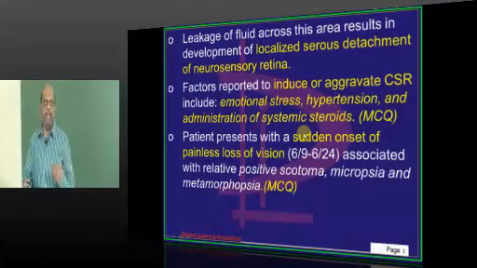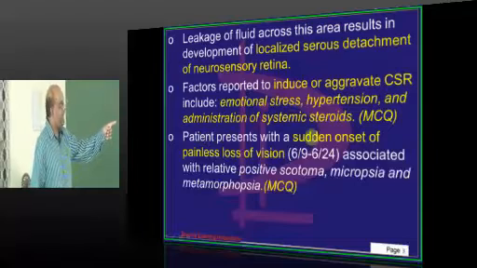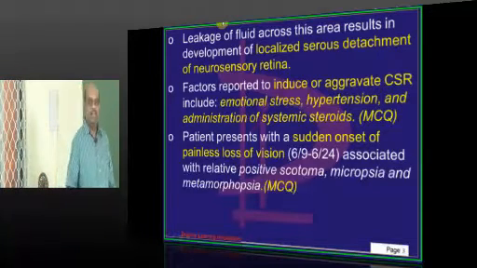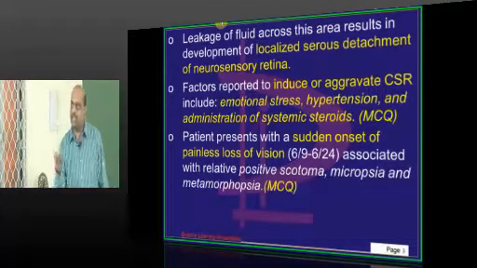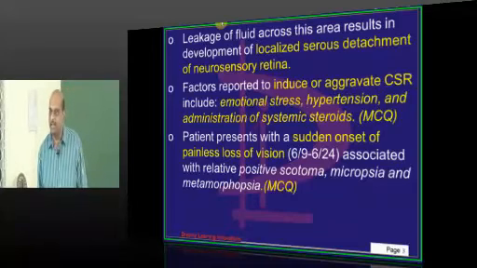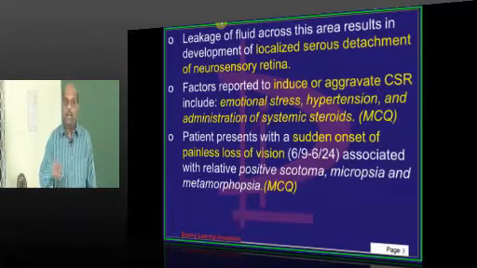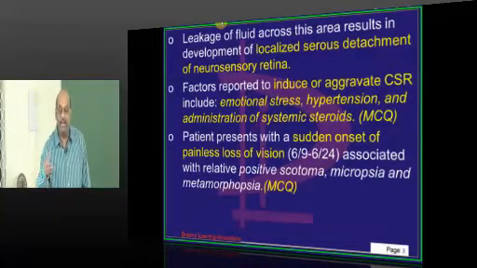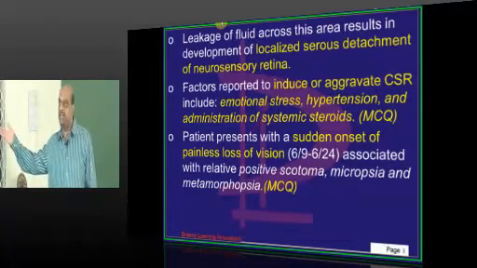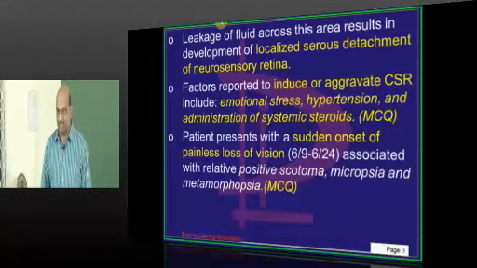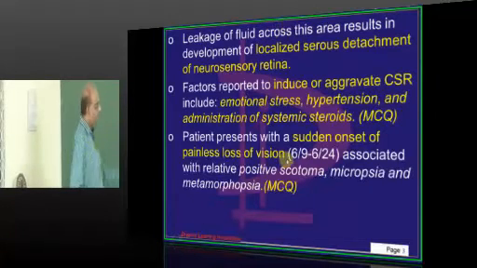Then are there any provocating factors? Yes sir. Emotional stress, hypertension, any systemic steroids. This is one of the favorite MCQs in the entrance. Can steroids by themselves predispose to the development of vision loss? Yes. Systemic steroids can be one of the precipitating factors for increased permeability of the choroid, leading to serous effusion underneath the macular area, leading to central serous retinopathy, leading to blindness, is what needs to be remembered. So there is a sudden onset of painless loss of vision